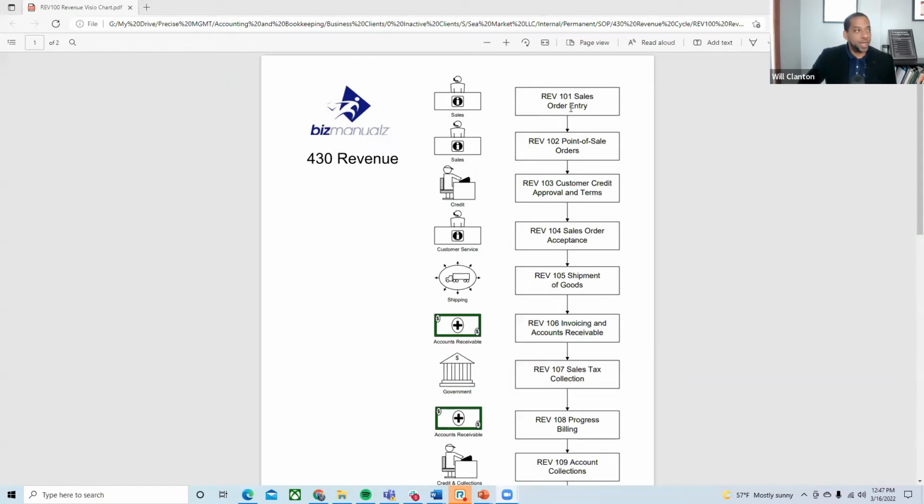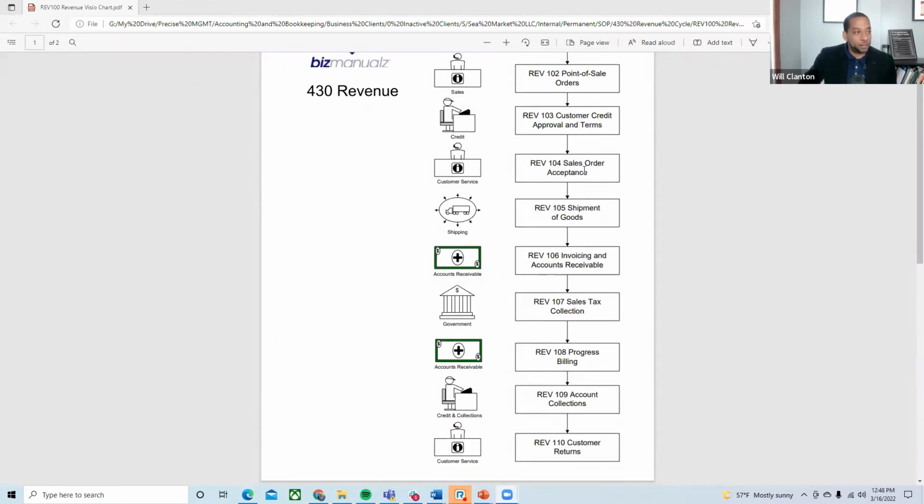So this shows you, hey, basically someone has an order. That order needs to have a step or procedure for how that order gets created. Then maybe it's a point of sale. Maybe someone's coming into your establishment. Well, that's still a sale. What's the step that needs to happen? Well, maybe you give credit to people. And maybe before someone becomes a customer, you need to approve if you're going to extend credit to them or not,